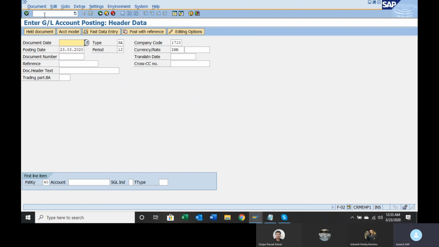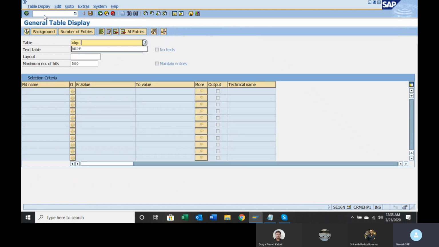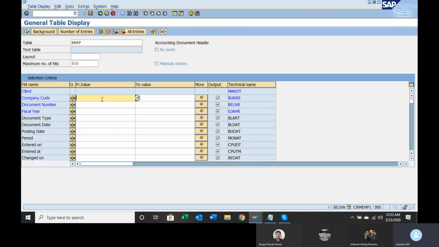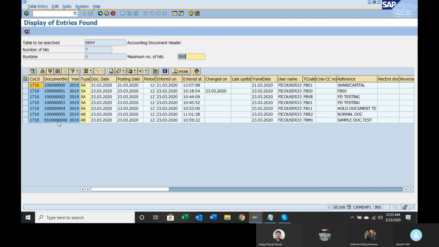If you still want to check whether it is available in the database or not, go to SE16N, BKPF header table. Company code is 1710. Click on the execute button. See, this 91 series document number is available in the database.